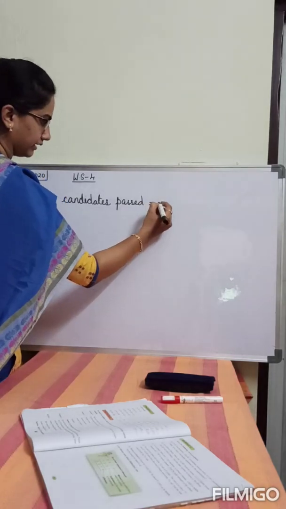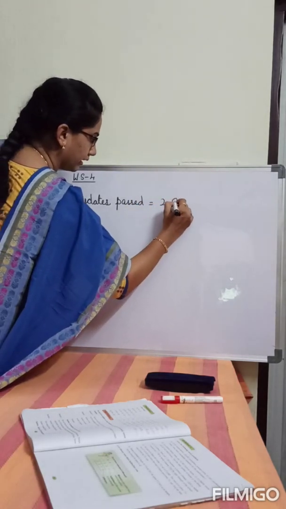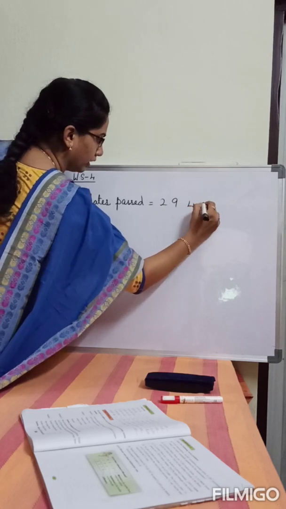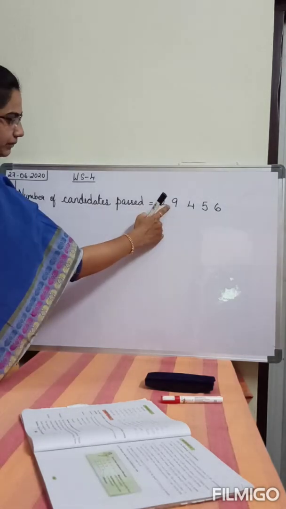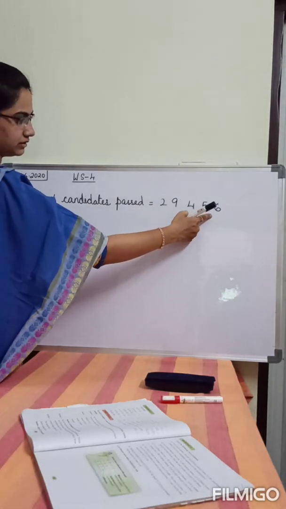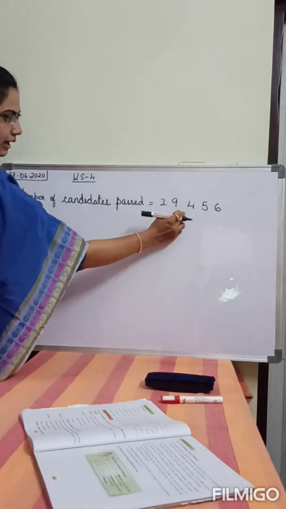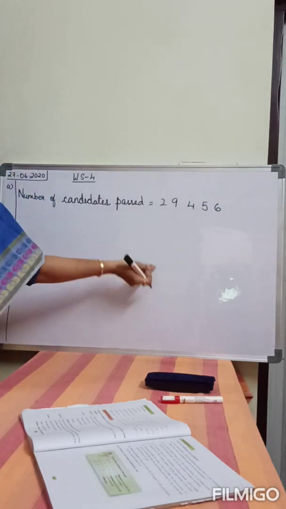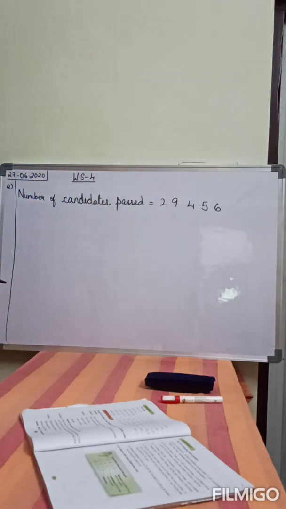How many candidates have passed the examination? 29,456. Do not write the number clumsily with the digits near each other. Give some gap between the digits, so when you are adding or subtracting you will have clarity about which column you are adding, which place value you are adding. The next information given is